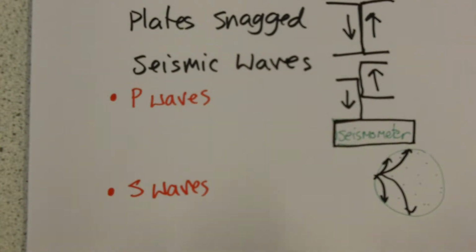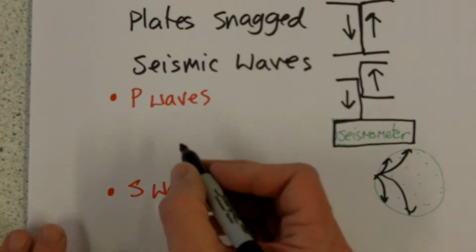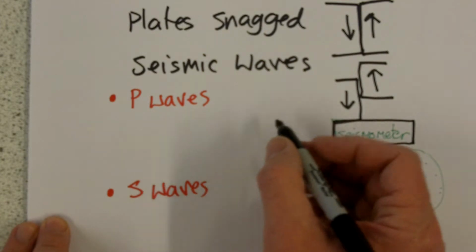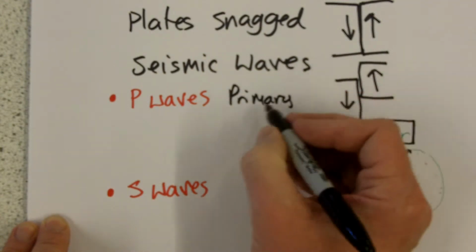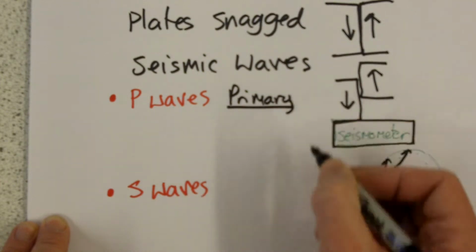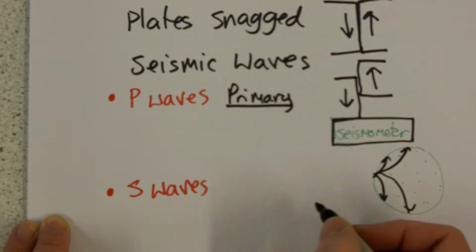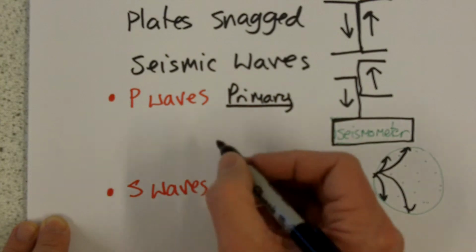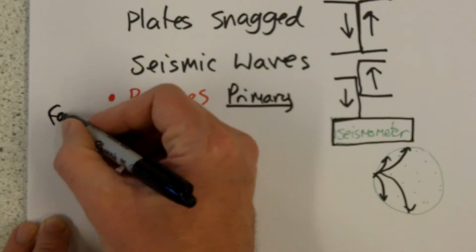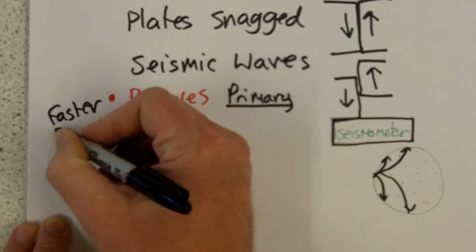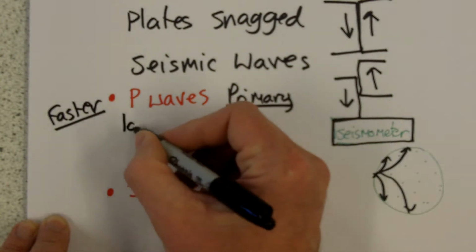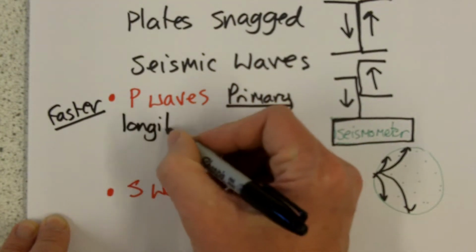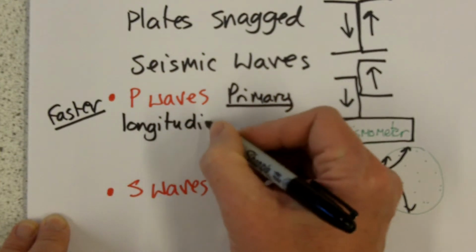So let's just have a look at the difference between P waves and S waves. Firstly, a P wave, or primary wave, is called a primary wave because it arrives first. And the reason it arrives first is because P waves are much faster than S waves. So they travel faster. And the type of waves they are called longitudinal waves. Now, a longitudinal wave